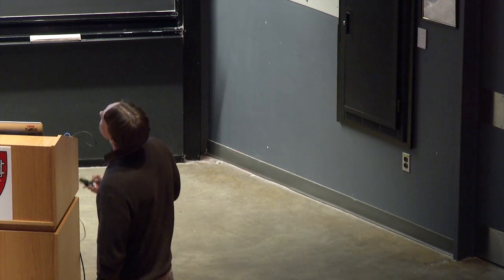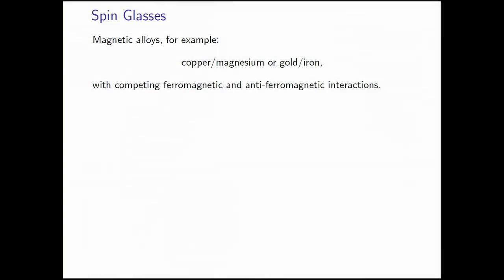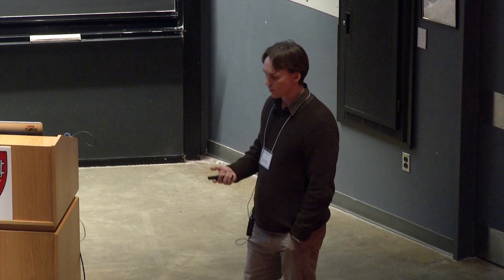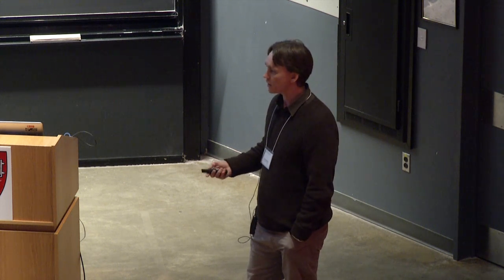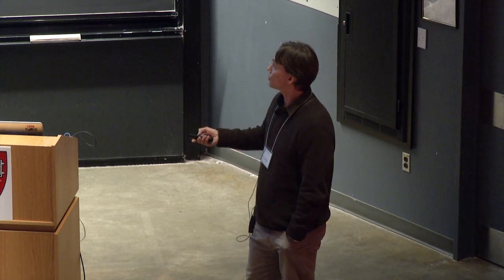All right. So of course the physicists were interested not because of the dean at the university, but because of this object called spin glasses, which are some magnets. It's some alloys of two metals like copper, magnesium, or gold iron with competing ferromagnetic and antiferromagnetic interactions. And experimentally, these spin glasses were discovered to have some interesting magnetic properties. So to try to understand this,